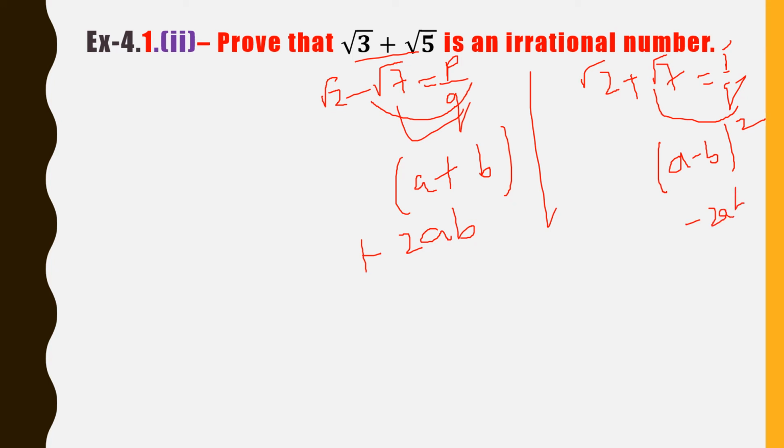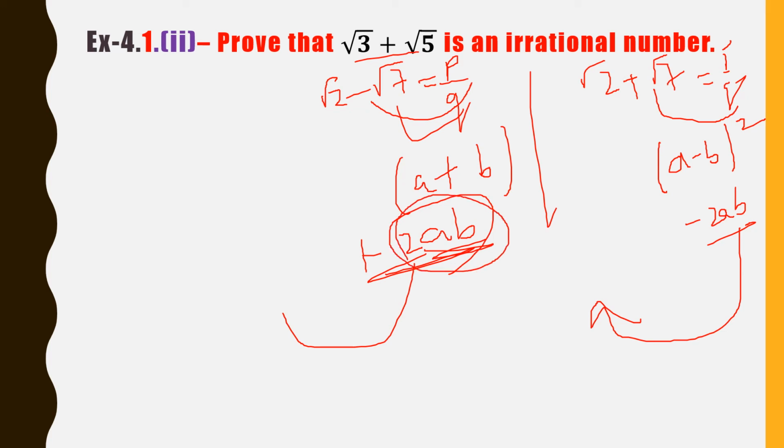Here there is no need to send this one to the other side. Here you should send this to the other side. In this only you will have the root form. Only in the 2ab form will you have a root. So here it is in plus, so don't send this there. The other things you send here. Here it is in minus, you should send it to the other side because it is in minus, but we want the root one in plus. So for the root one in plus, we should send it to the other side.